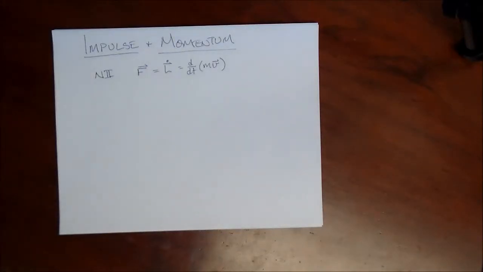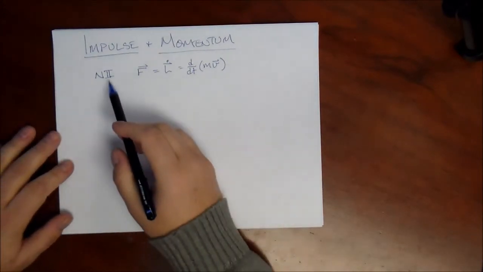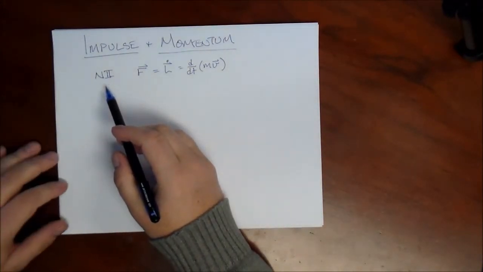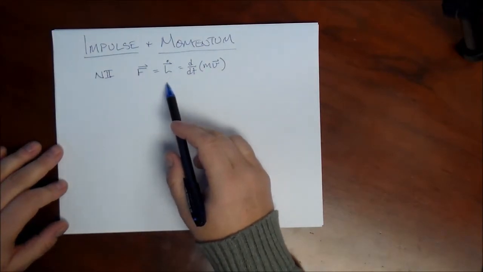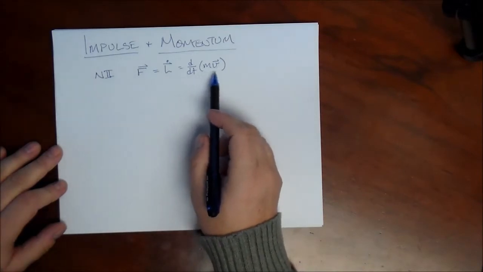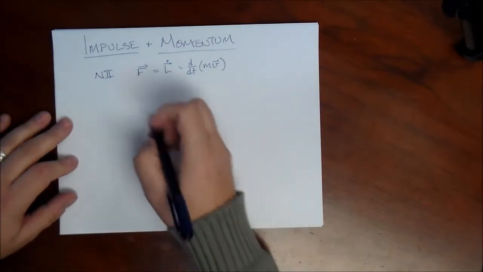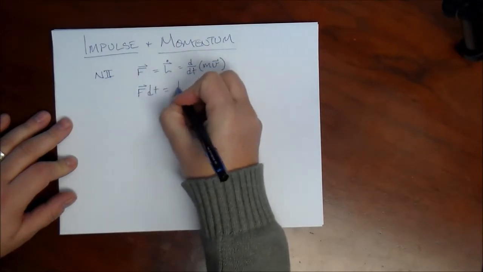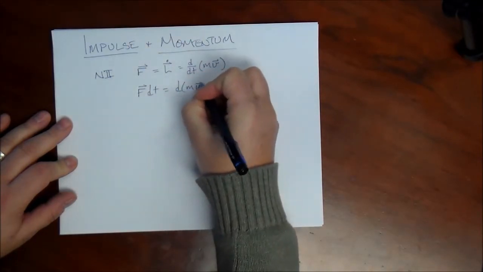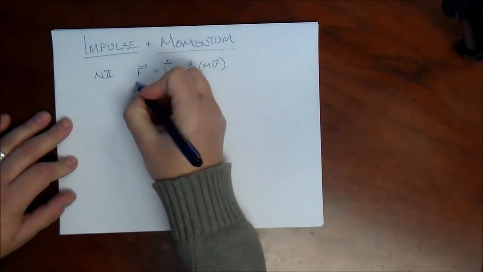Impulse momentum is a third way of solving dynamics problems. We recall from previous lectures that Newton's second law says that the force equals the time rate of change of linear momentum, or d/dt of mv. If we rearrange this equation like this and integrate